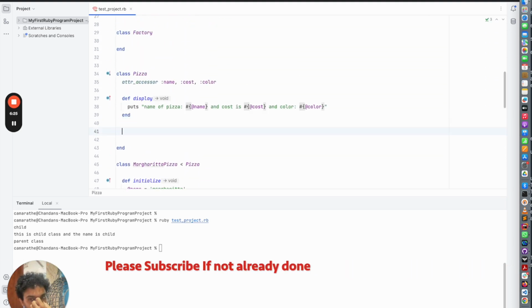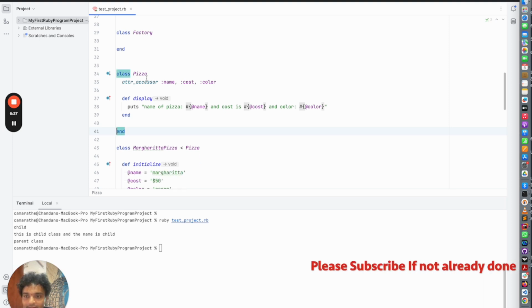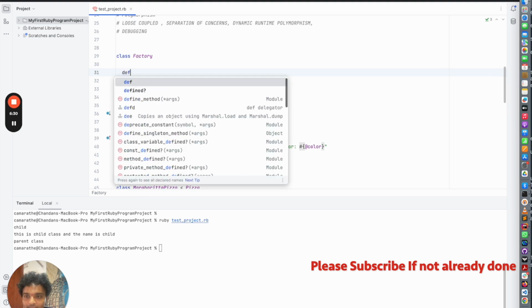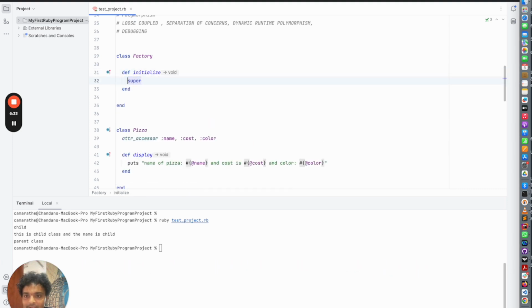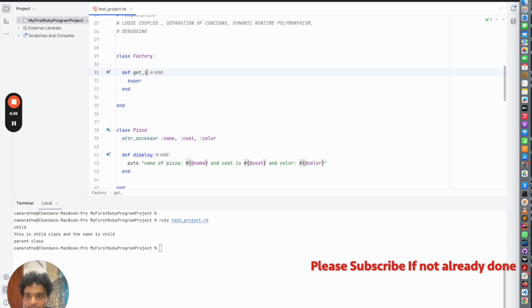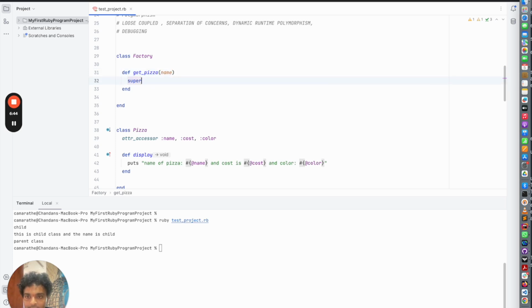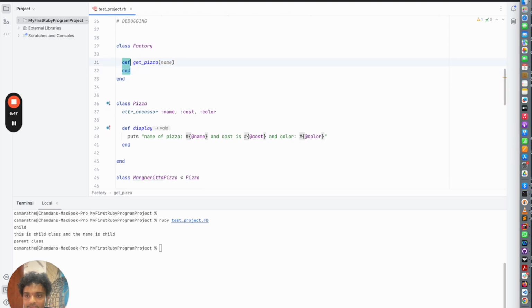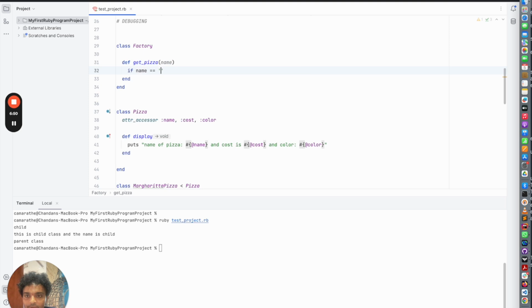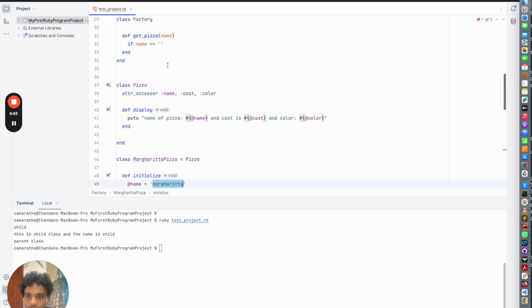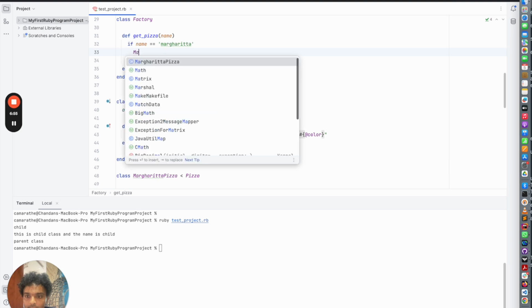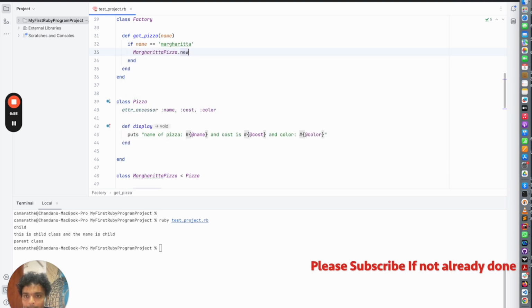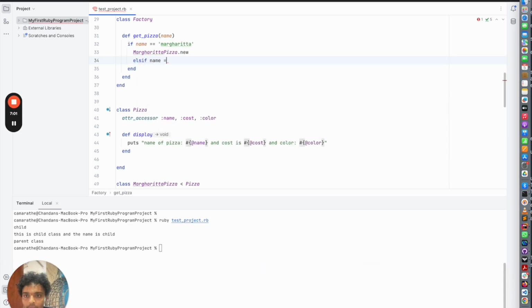Now if someone is going to order a pizza based on whatever they require, accordingly, okay, let's return, instead of this, let's have a function called getPizza. You pass in a name, and based on the name, if name equals Margarita, name equals tomato,